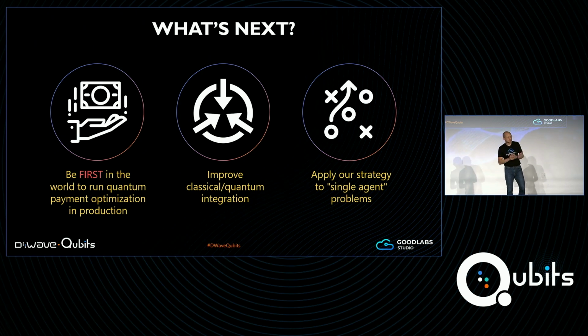So what we're going to do next, obviously, as I mentioned before, I would love to be able to actually solve the $2 trillion problem. We would like to be the first one in the world to be able to run the quantum optimizer for high-value payment processing for all the central banks in production in the world. And at the same time, we would like to continuously improve the quantum algorithm, as Alan suggested before yesterday, with the subscription model actually getting into the developer model instead of a utilization charging model.